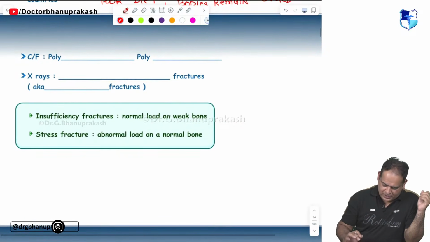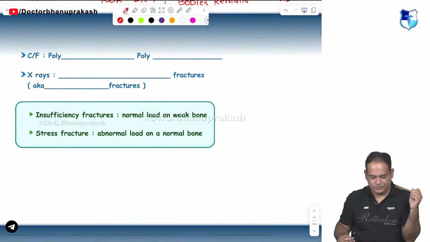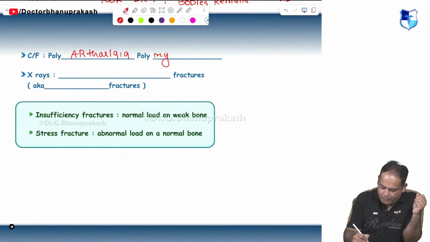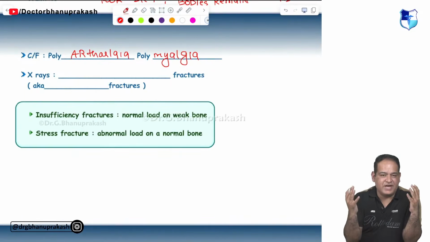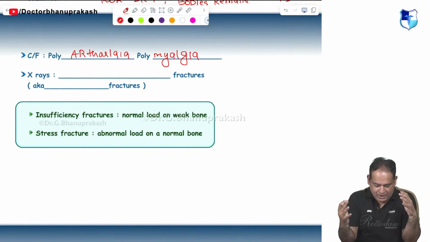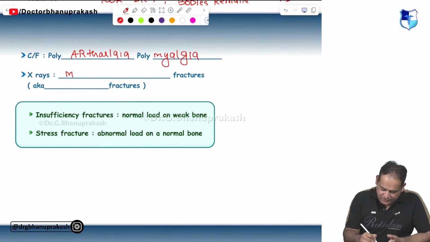Anterior. Basically, all the fontanelles are delayed, but the anterior most, right? So clinical features are polyarthralgia and polymyalgia. Polyarthralgia means multiple joint pain. Polymyalgia means muscle pain. Now, X-ray will show